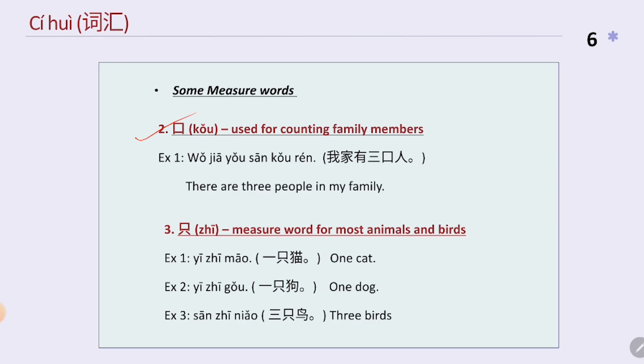Number 2, 口. It has several meanings, and right now it is used for counting family members. Look at example number 1. 我家有三口人。So that means there are 3 people in my family. If you have 4 members, you can say 我家有四口人。If you have 5 members, you can say 我家有五口人。